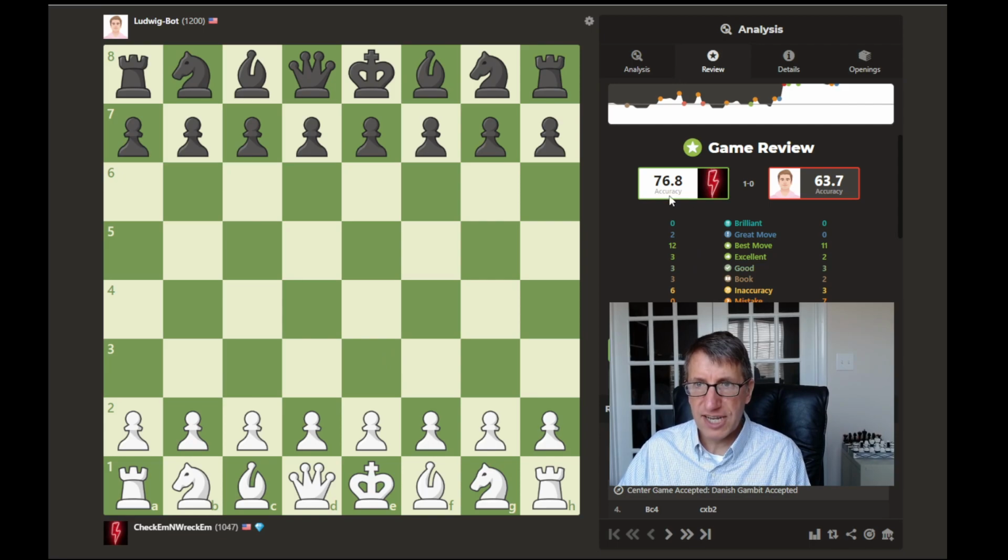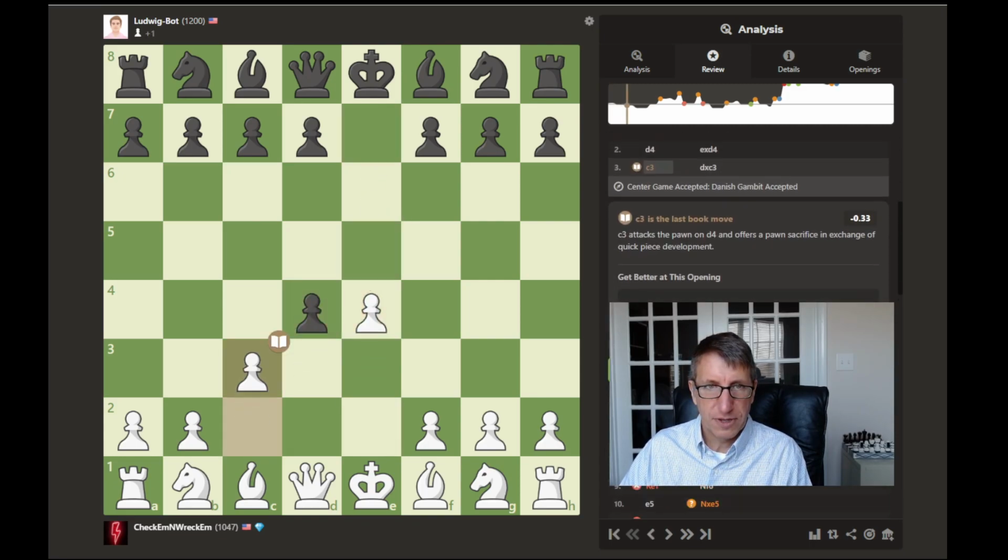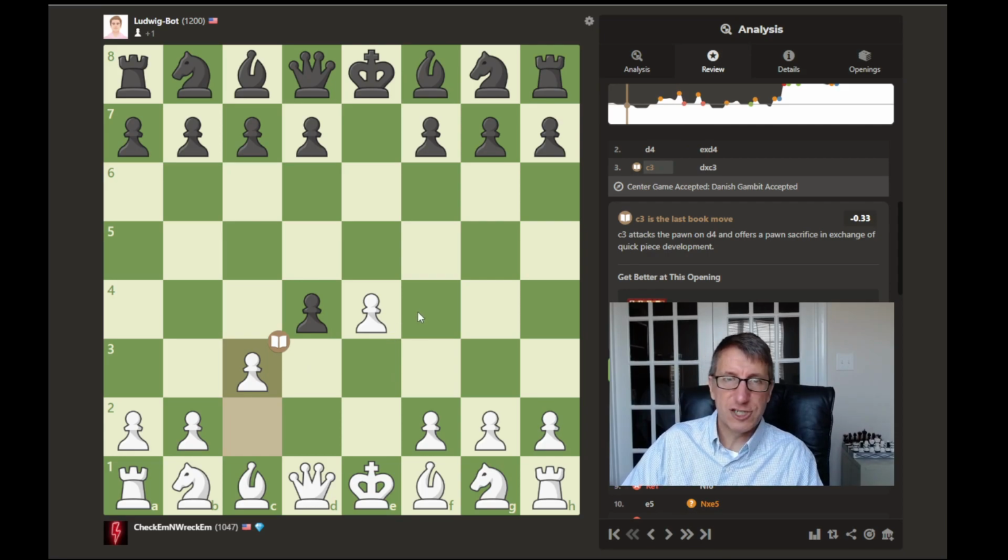So looks like 76.8 versus his 63.7. He did have one blunder. Looks like I had 2 missed opportunities and 6 inaccuracies. So I'll do this quick review here, and then I'll do an analysis with the computer, which will show us even more. All right, so the Danish Gambit, you basically play e4, e5, and then you move your pawn up